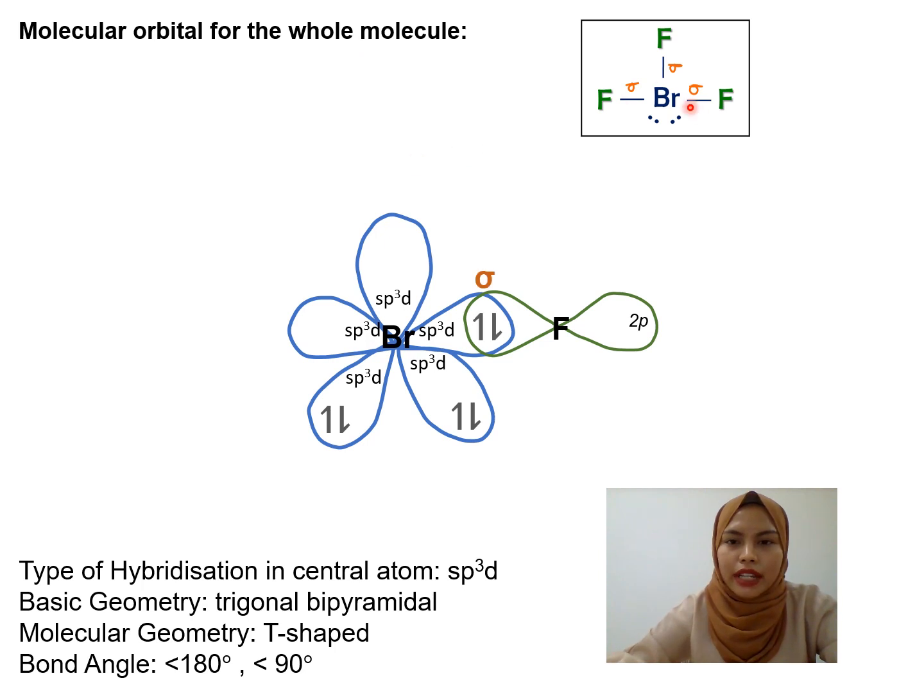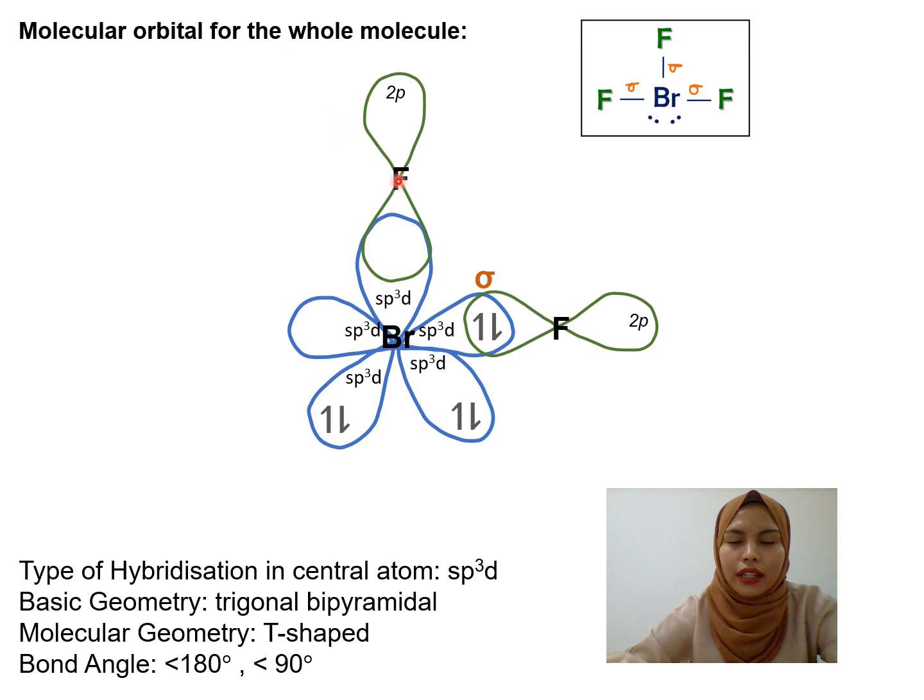Okay, sebab dia buat sigma bond. Therefore, you need to do the sigma overlap end to end. Okay, so bila dia buat overlap saja dia akan share sepasang elektron and please label the sigma dekat atas tu. And sama juga, okay, sigma bond kat sini terhasil between Br dengan F because the overlapping of the valence atomic